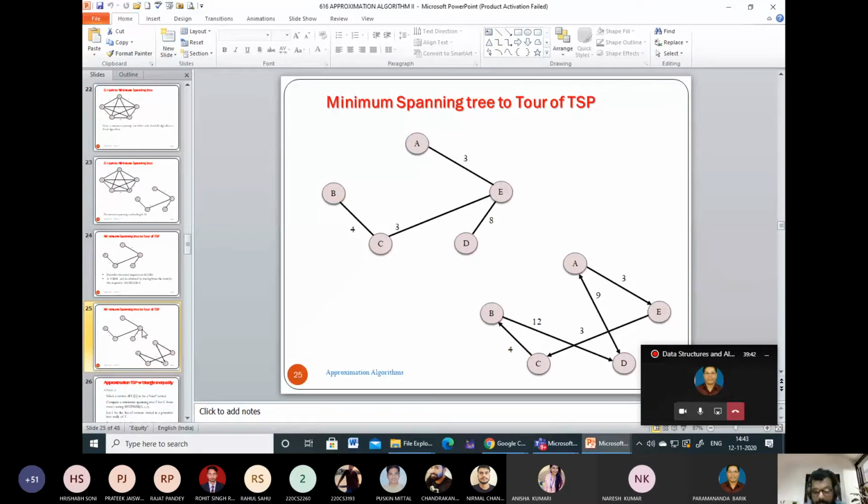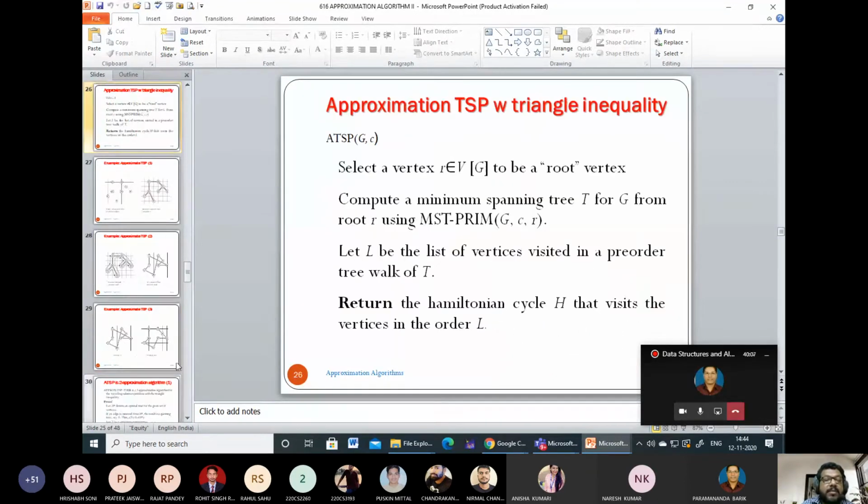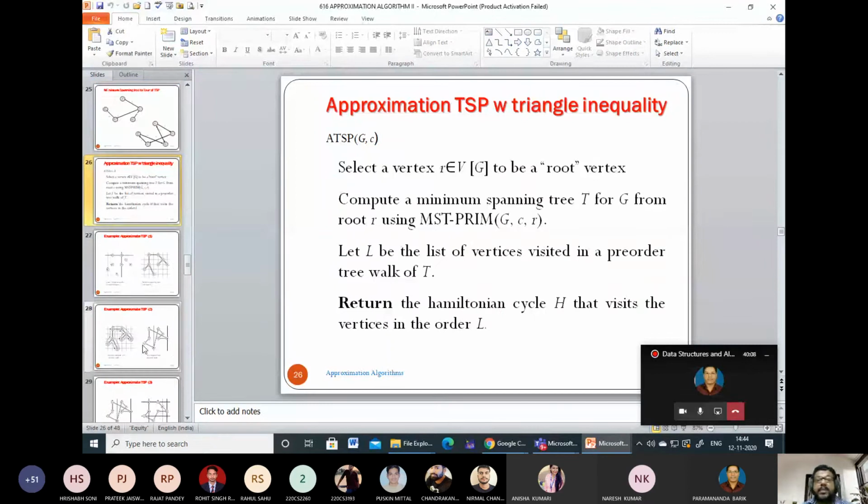Start with a graph, compute a spanning tree, then write a specific algorithm which will eliminate certain edges to complete the tour. Then if you look into the cost of this tour, it is not the optimal one. This is a suboptimal solution. So this is one of the interesting examples where you can talk about designing an approximation algorithm.